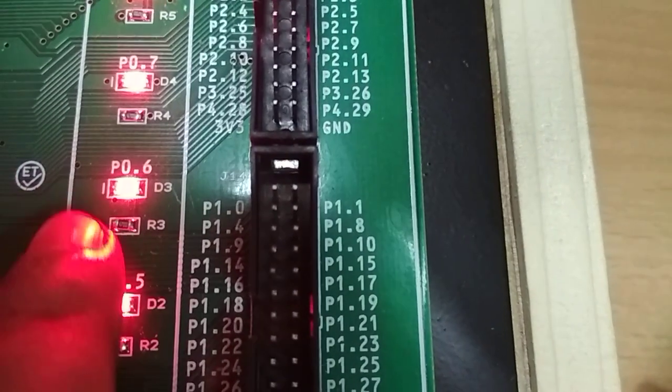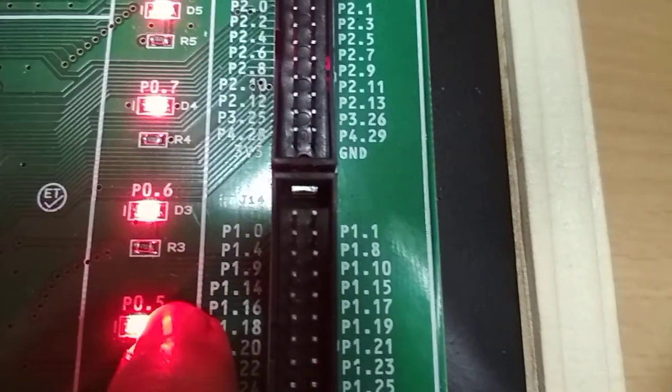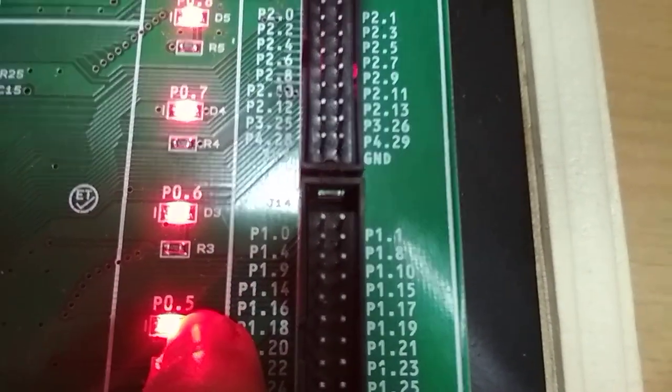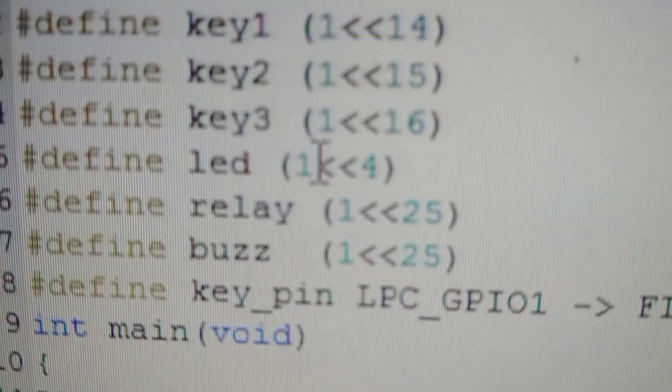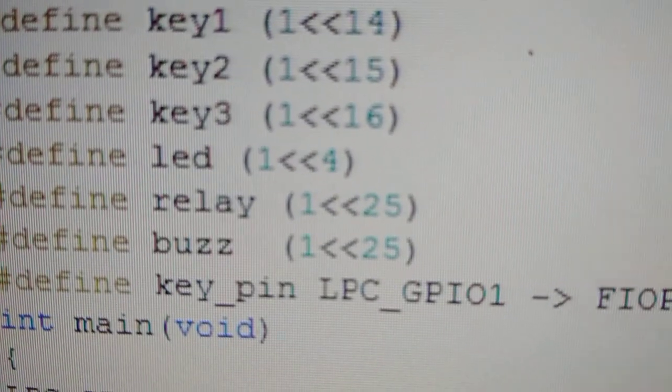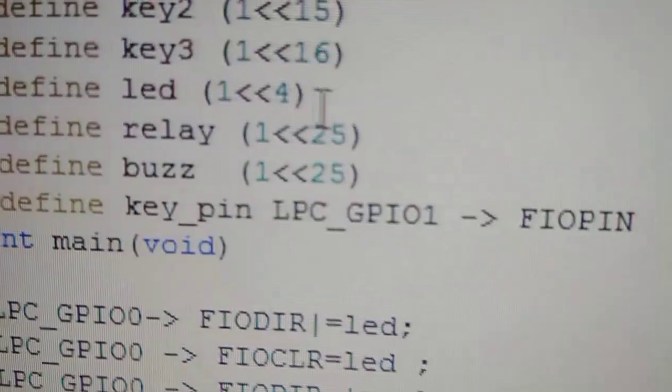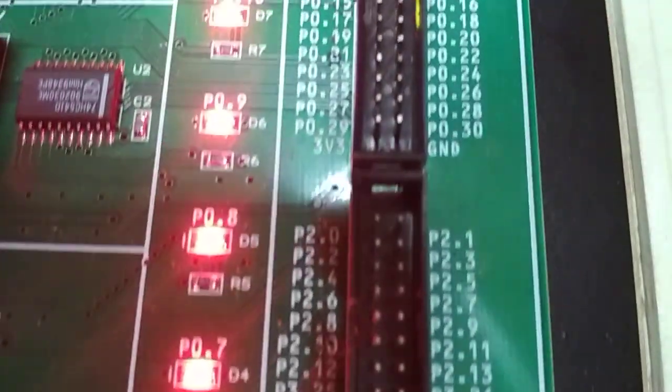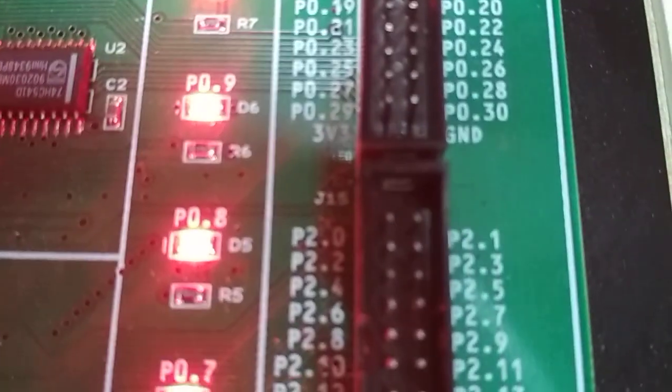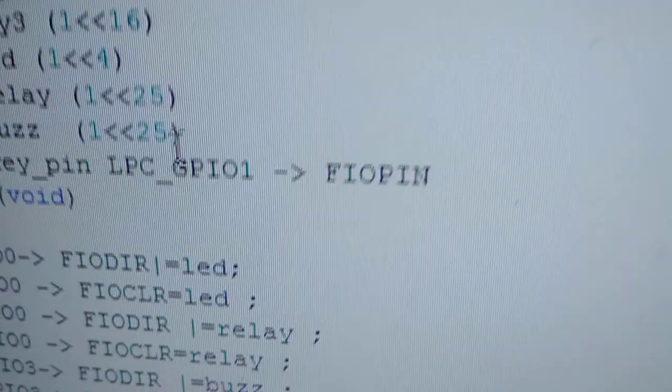If I want another LED to glow, say port 0 with the 5th pin, you can write 1 left shift operator with 5 here. If I am selecting any other LED, say P0.8, then put 8 here. Like that you have to write the program.